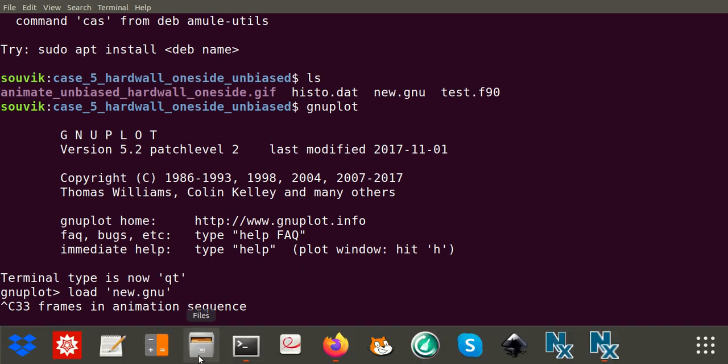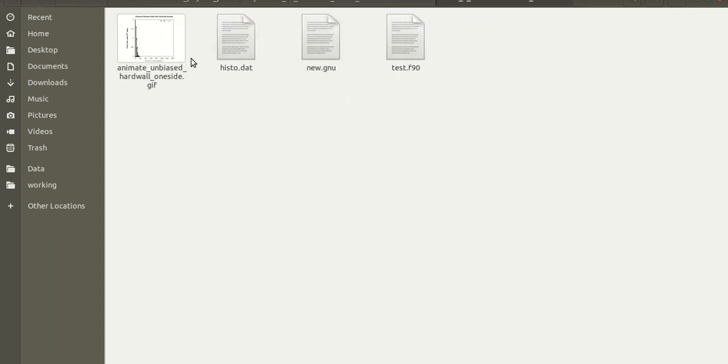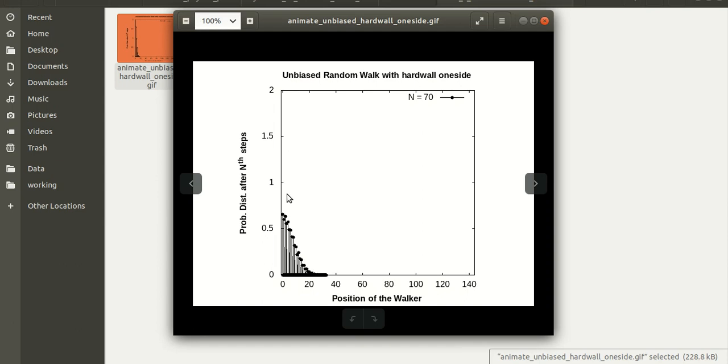I have the plot, so I can just show you from here, which is basically this case. Here I have applied the unbiased condition, that means P is equal to Q, but there is a hard wall. As you can see, it will be a Gaussian, and because we have a hard wall at 0, it will decrease with increasing width and decreasing height. So there is no biasing direction along P or Q. We have only a hard wall at 0. That's why we are getting only this half side of the Gaussian, because we have a hard wall on this side. So we are not getting the other side of that Gaussian distribution.